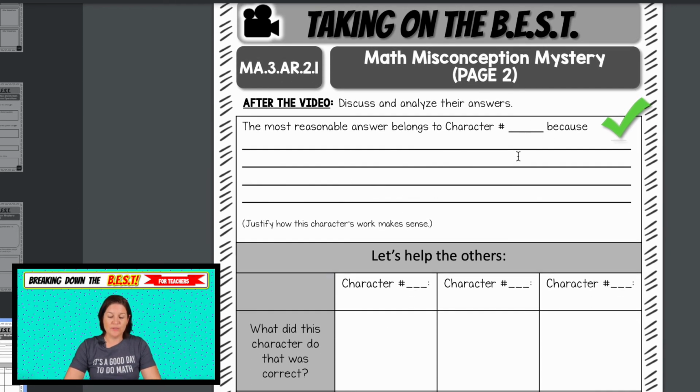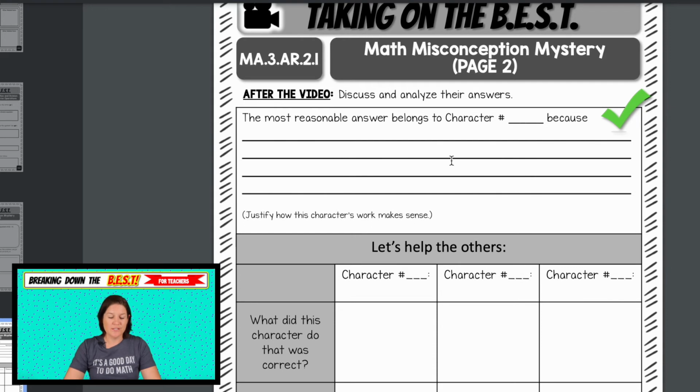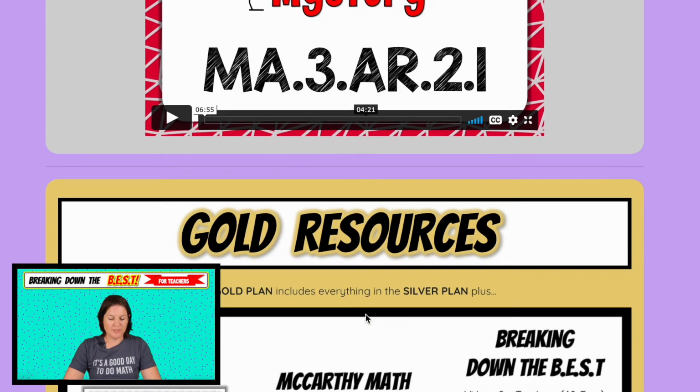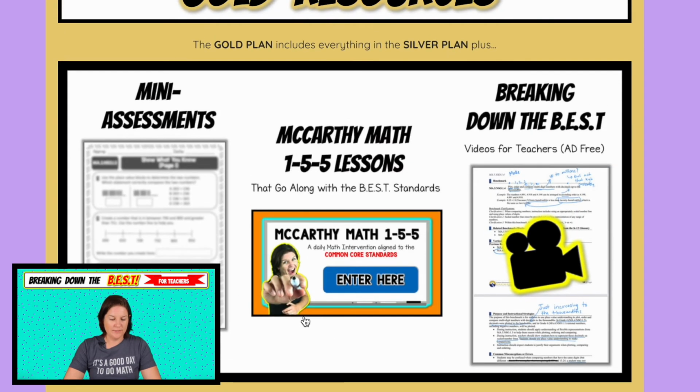Once they find out who is correct, they fill out their detective report here on page 2, and then they evaluate the work of the other characters from where their mistakes were made. Okay? Super duper fun. Now for the goal plan, you have a mini assessment, McCarthy Math 155 lessons, and this